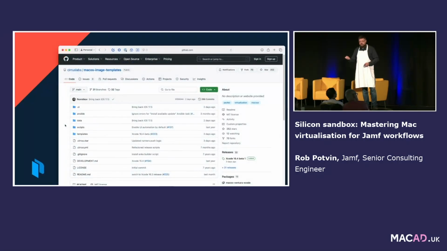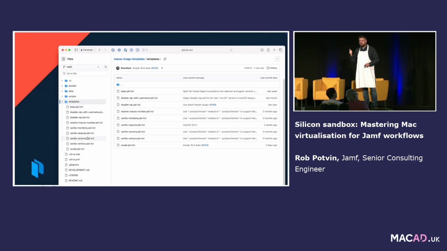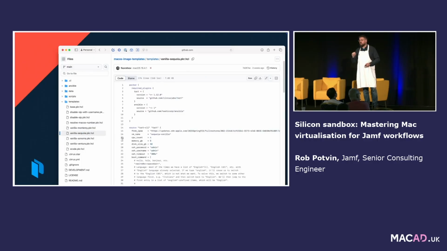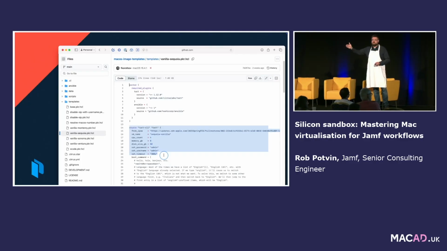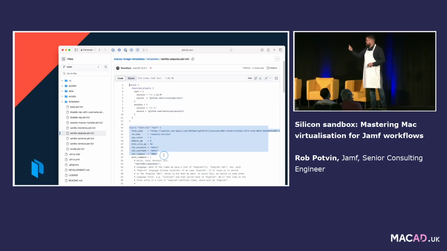They're already on the internet. So if we take a look at Cirrus Labs' GitHub repo, they have a bunch of templates to use. Now, remember I just pulled down the OCI image for Sequoia. But if I need to do some Sonoma testing or some Ventura testing, I can pull down theirs and just do some quick testing on an OS level, right? Remember, if you're running the most recent version of macOS, you can still go back a few versions of macOS in a VM without having to pull out some old hardware and test again. Still a good thing to do. But as you see here on Cirrus Labs, they have the Packer file here, so we can take what we need from this, and we'll show you what it does.